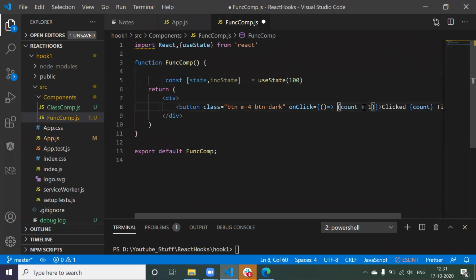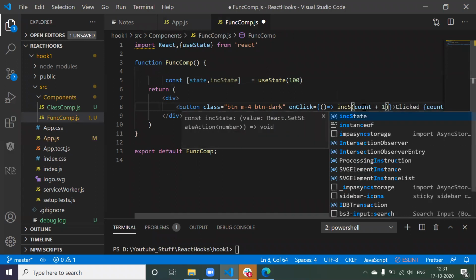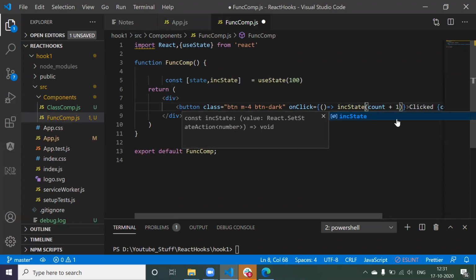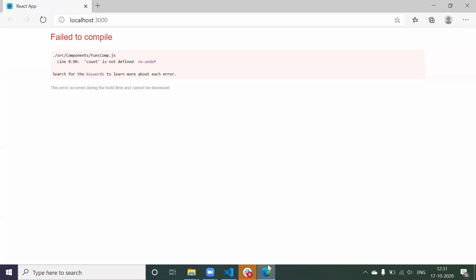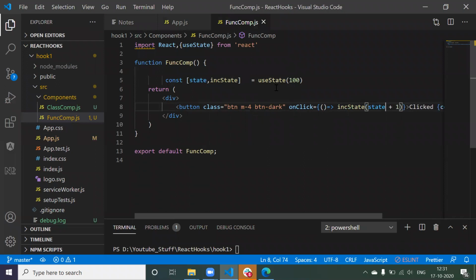This time I'm gonna say incState, right? And this time instead of count, I will be saying state. That's it. Just save it. Come here. Now we got some error like count is not defined. So count is not defined. Constant. Okay, fine.